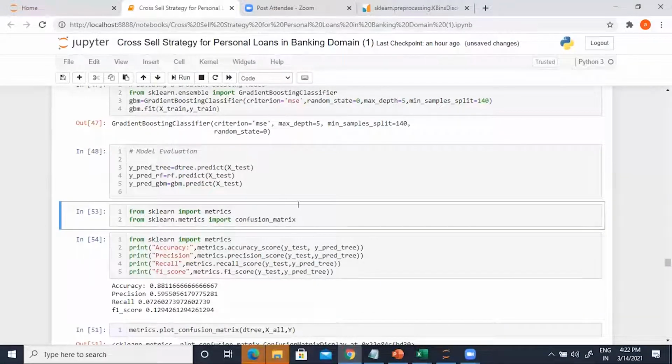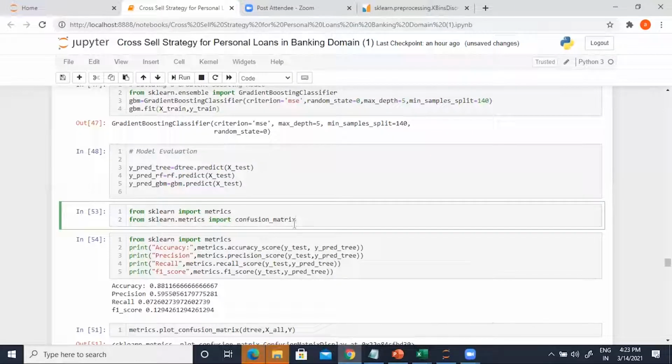But we've discussed earlier that we cannot target only the ones which are predicted to be responding, because in that case the portfolio or the business will not grow. The business wants to identify at least a large enough group of people, but not as large as 20,000, definitely a smaller number than 20,000. But within that number, the chance of success should be much, much higher. That's the strategic advantage of ML models, and that's what we are looking forward to. However, let's move towards creating the outcomes for all the models.